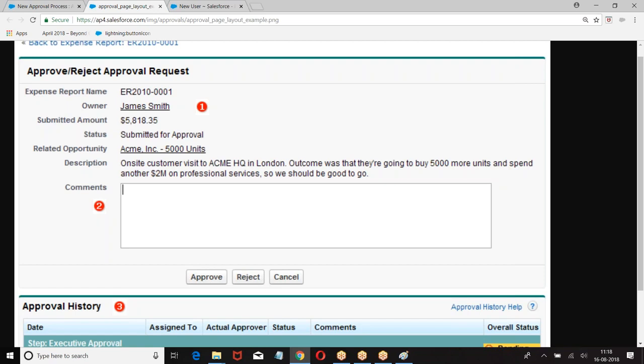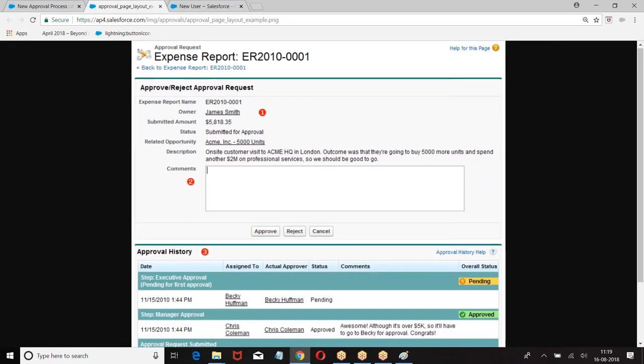Whatever the data that I require to approve or reject, if I show that data, it is sufficient. Are you getting my point? Whatever the data that I require to approve the record or reject the record, if I show the data, it is sufficient. So, which field should be displayed to you?